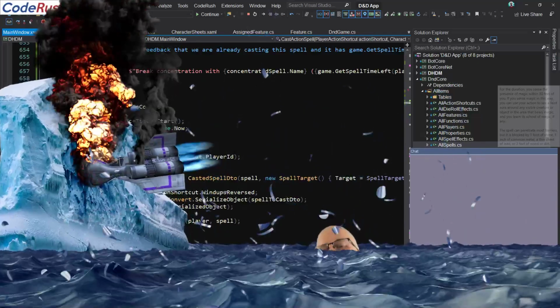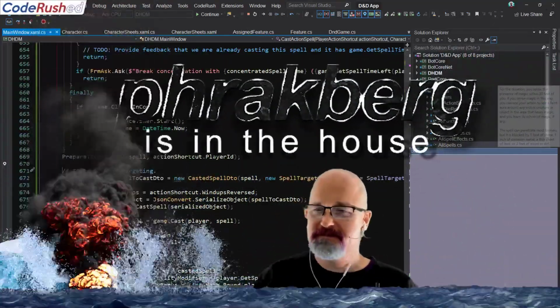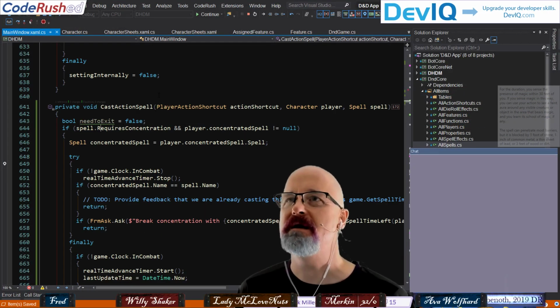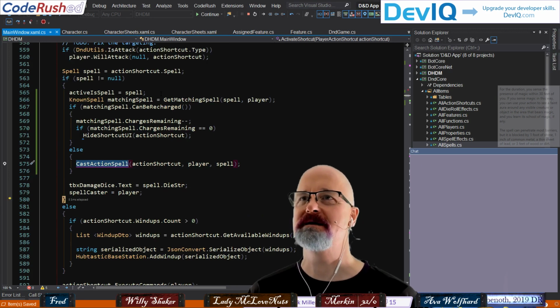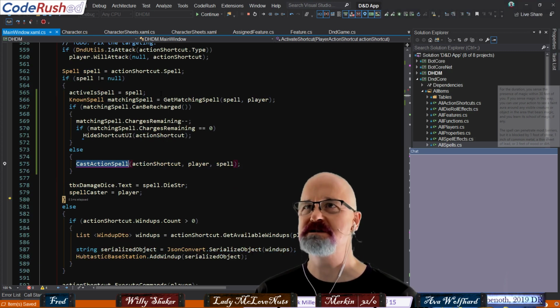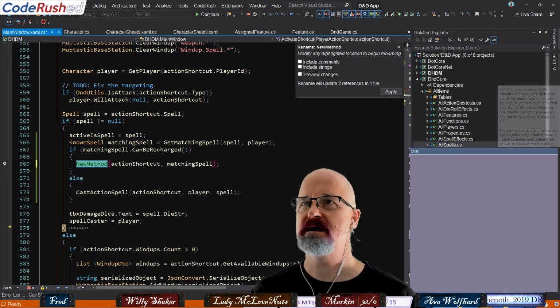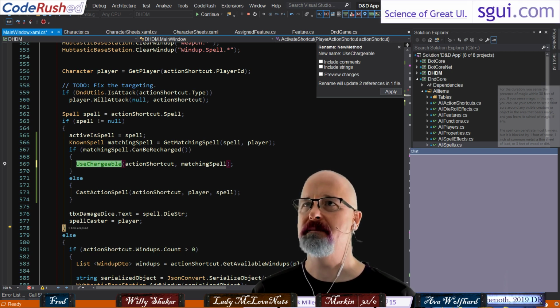And then I can finally do this. We're just doing some kind of stupid things that we have to do to get a decent extract method going here. Okay, so now cast action spell is up here. And then down here, for symmetry, we can do something like this that says use charge rechargeable item is what I think I want to call this for now.